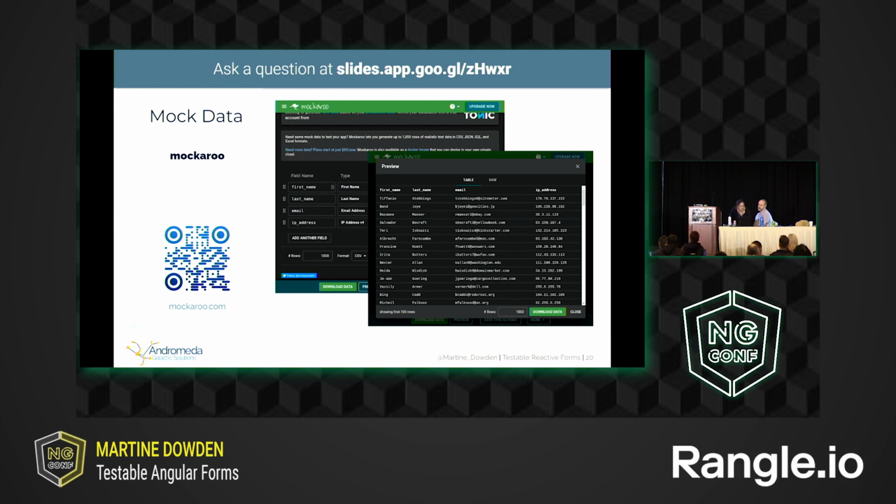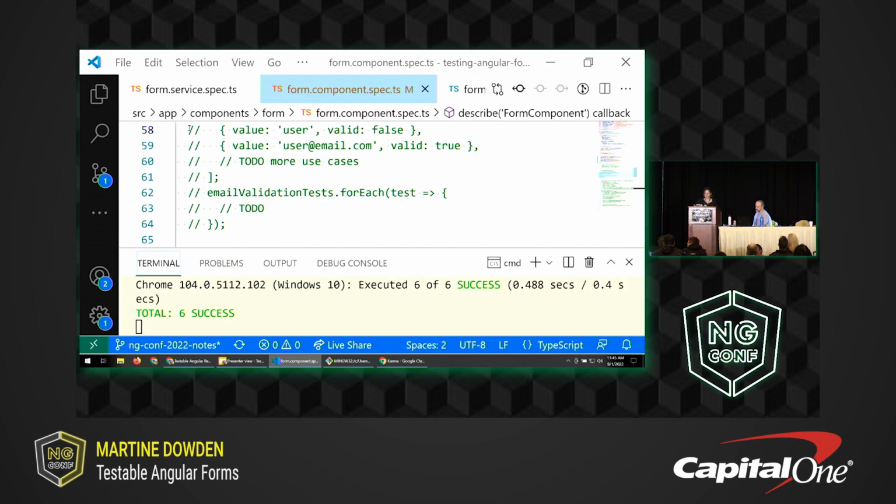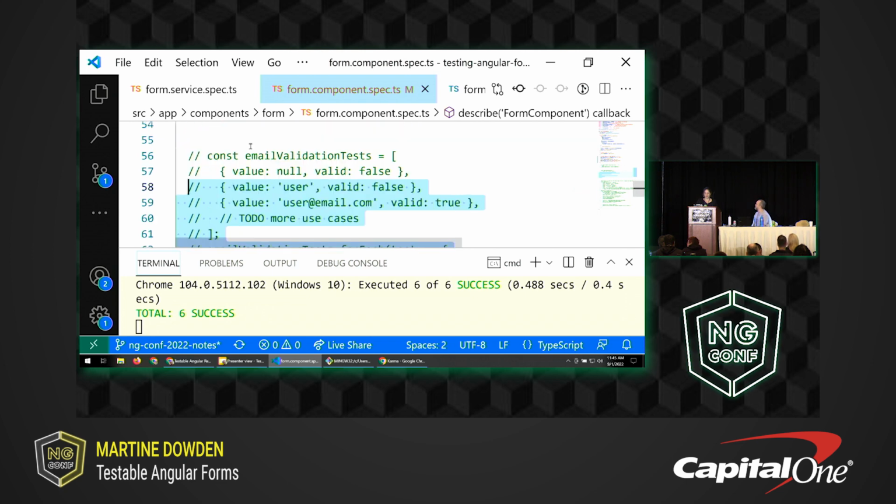Question. How would you suggest we dynamically change our it description in our for each? Okay, yeah, so the easiest way that I have found to dynamically change it, if you wanted to do like a length number,